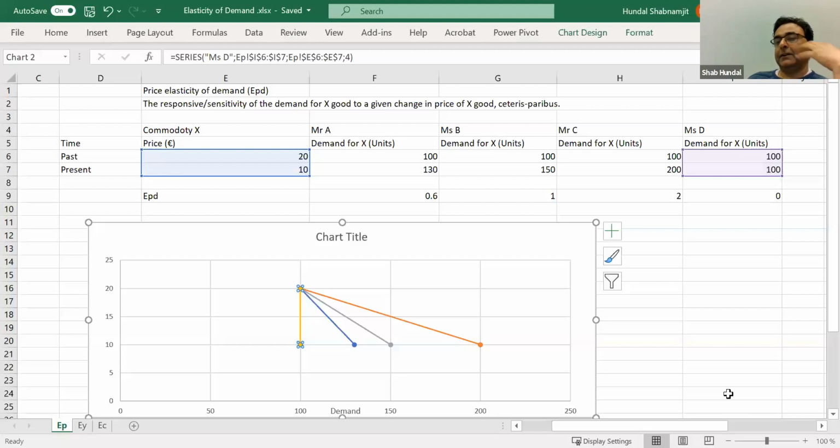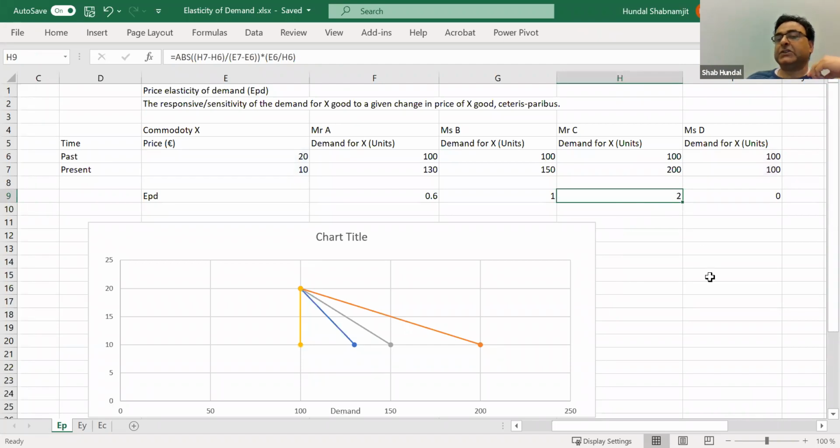So at the end of the day, I'm a losing party, in the sense that on the one hand, she doesn't change her demand, but I charge a lower price, from 20 to 10. So I'm losing 50% of my revenue, but there is no reaction in Miss D's consumption pattern. On the other hand, if I lower the price 1%, Mr. C consumes double. So here, even if I take less price now, there would be so much demand increase in the commodity I sell that I would be able to offset. So I lose by the low price, but overall my revenue will go up because it is elastic.